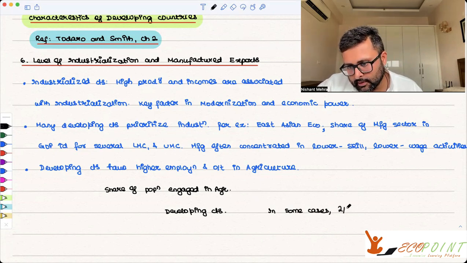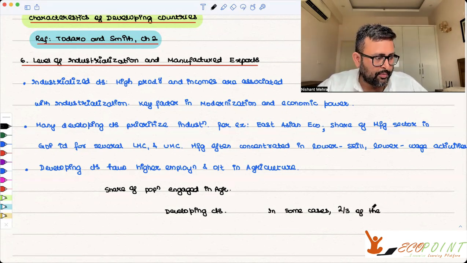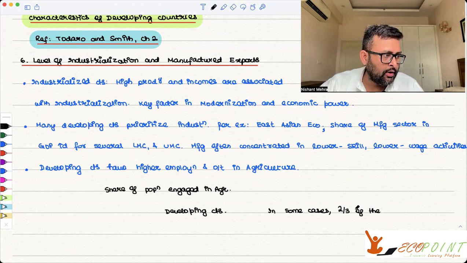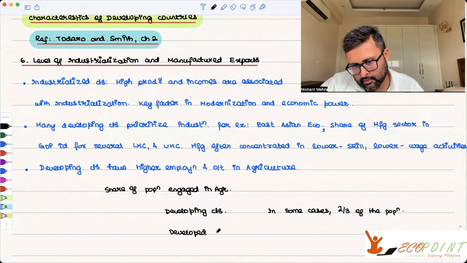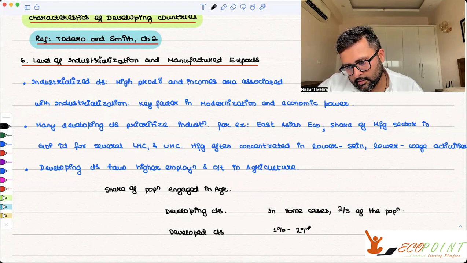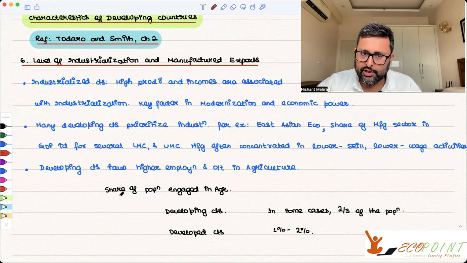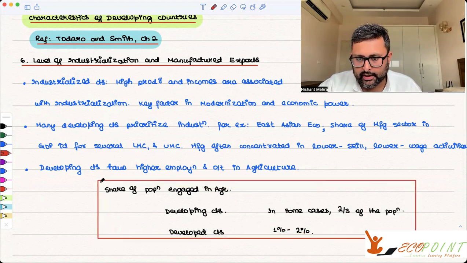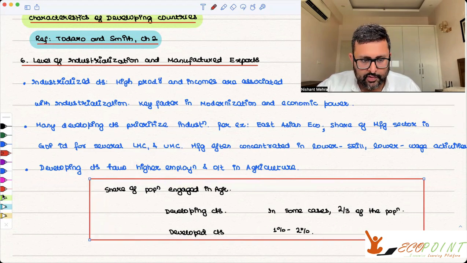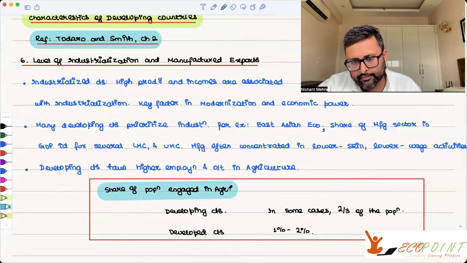In some cases, 2/3 of the population is engaged in agriculture, while in developed countries, 1% to 2% of the population is engaged in agriculture. Okay. Then you have